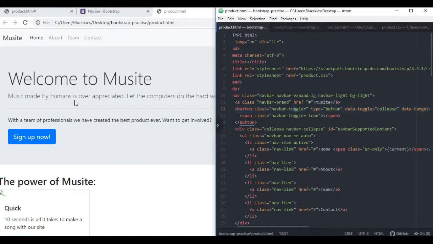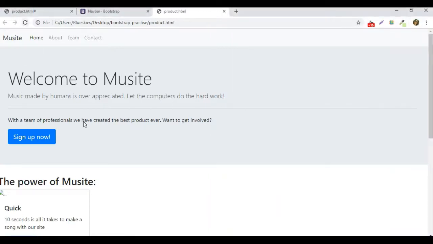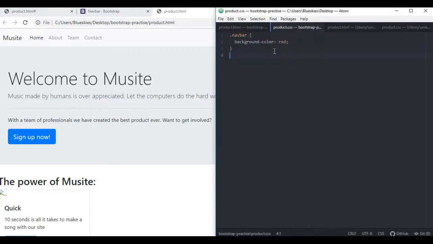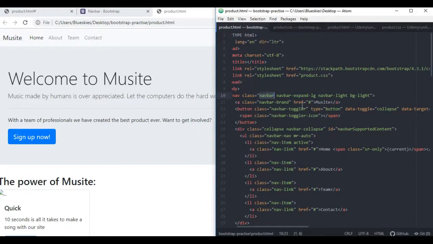Now as you see, nothing has actually changed when I've restarted this. So what's happening here? Essentially I've looked at the class and decided to go for navbar, and I've put in the background color of red, but it's not appearing. So I did a bit of looking, and the reason why it's difficult, and this is a really good thing to keep in mind,